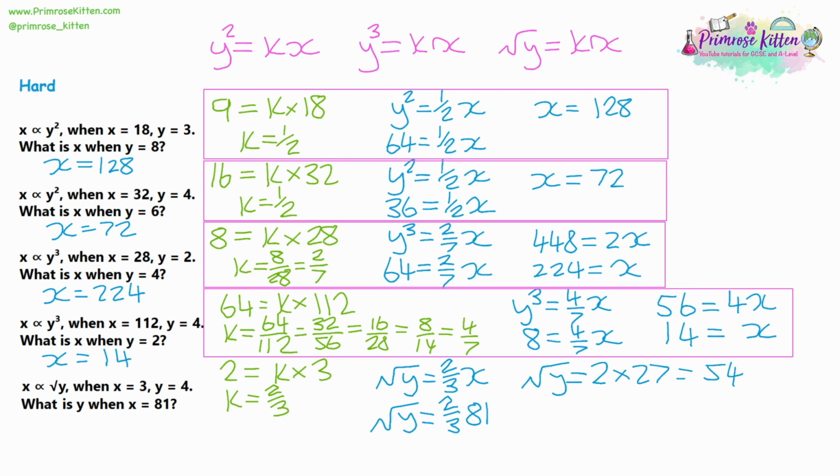But I don't want the square root of y. What I want is a full y. So what I need to do now is square both sides. So I'm going to have to square 54. Now that would be 54 multiplied by 54. It's going to be quite a large number. I'm using a calculator. Again, it is possible to do a column multiplication for this if it's a non-calculator paper, although I think that's unlikely. And that should give you 2,916. So we can write down our final answer, y equals